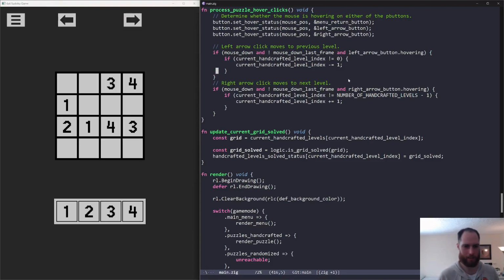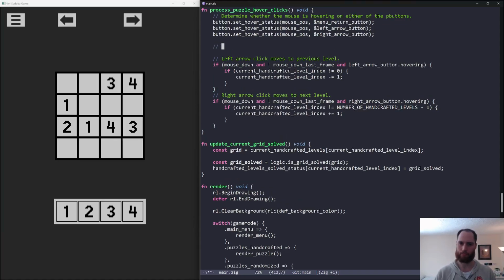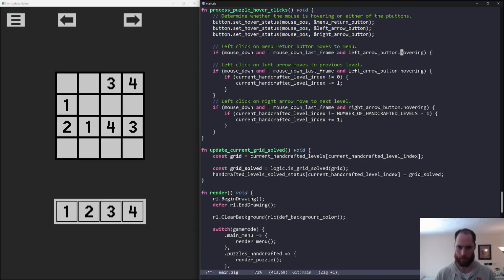Okay, nearly done. Now we just need to actually do what happens if it's clicked on. So, I'm going to say left click on a left arrow moves to previous level. Left click on right arrow moves to next level. And now left click on the menu return button moves to menu. Now we can just say if the mouse is down and it wasn't down last frame and the menu return button is hovering,